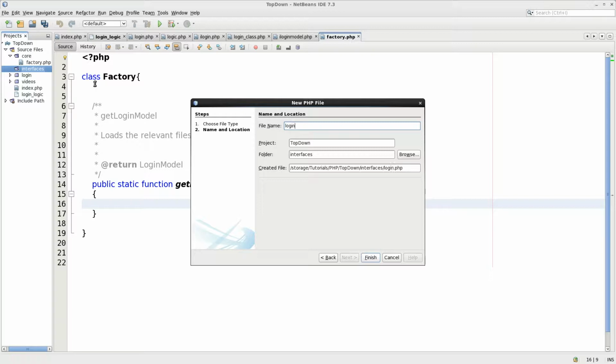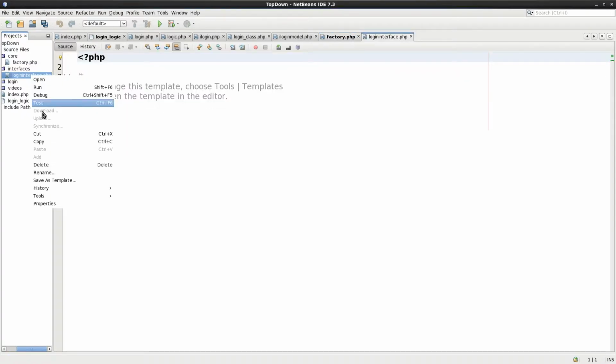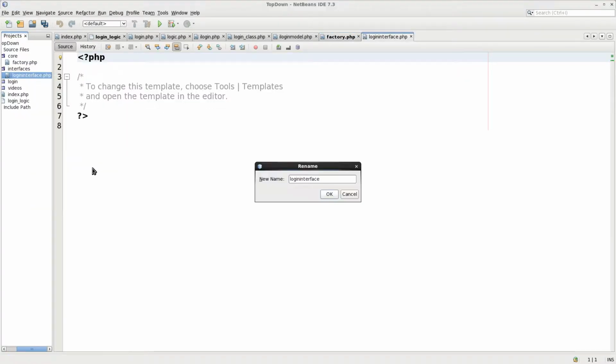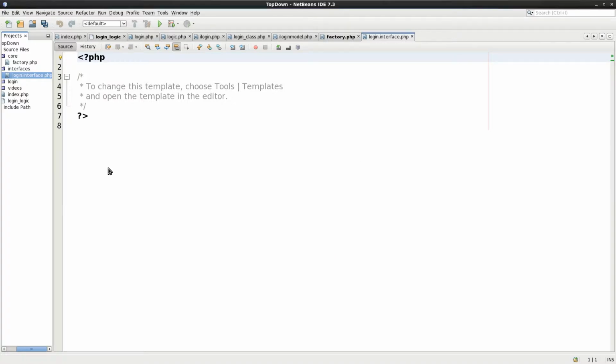They need a login interface first of all, and this would then be login dot interface dot PHP. So they would all be named with the name of the class dot interface dot PHP,